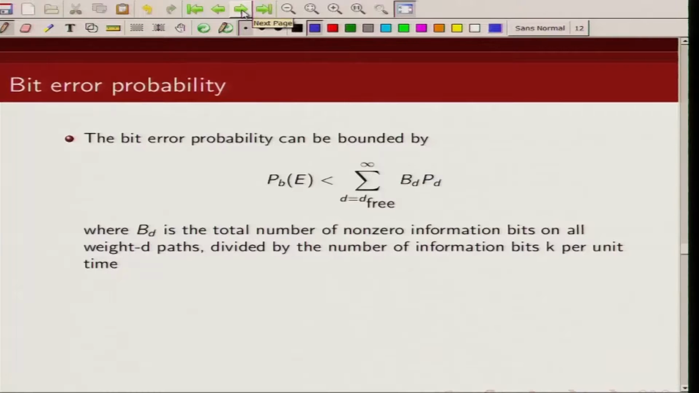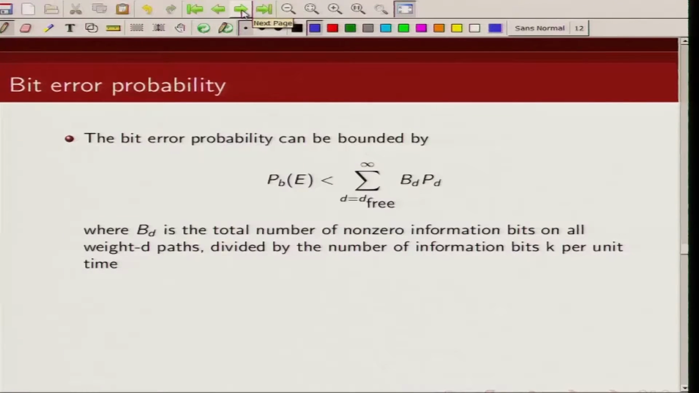Now, can we modify this expression to calculate the bit error rate probability? The answer is yes. You know the weight corresponding to an incorrect path. Now, if we can find out the information weight corresponding to these incorrect paths, and then divide it by the total number of information bits, we can find the bit error rate probability. So, bit error rate probability can be computed from this first event error probability. This is given by this expression,